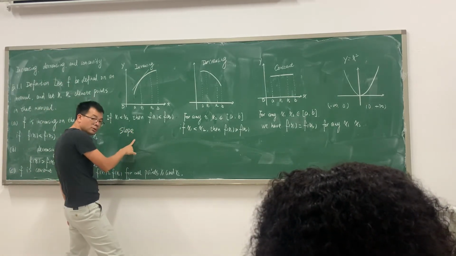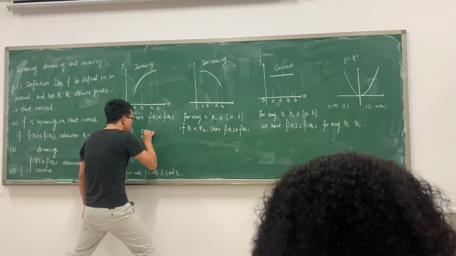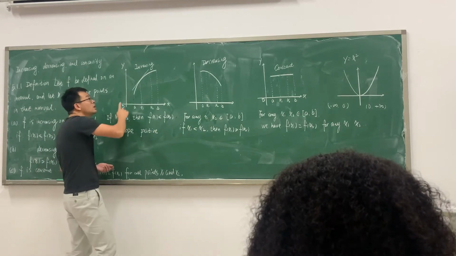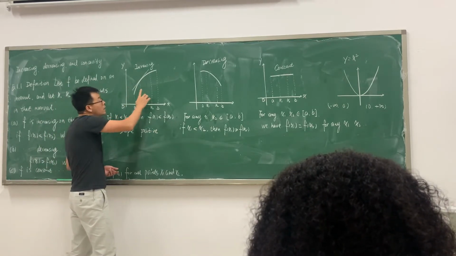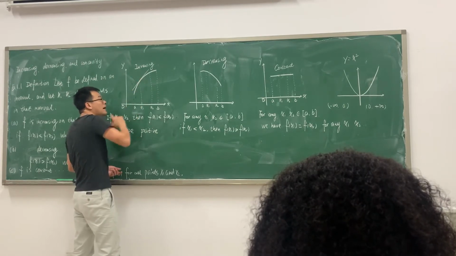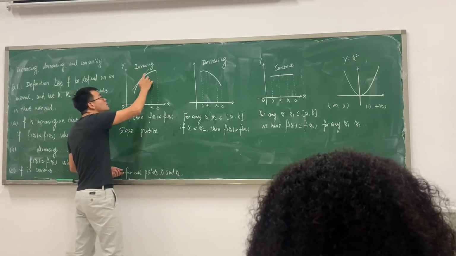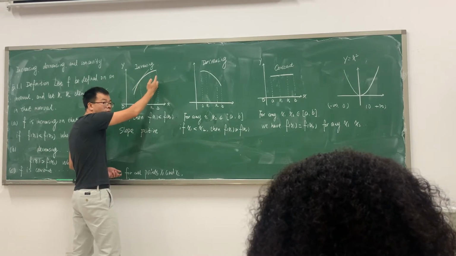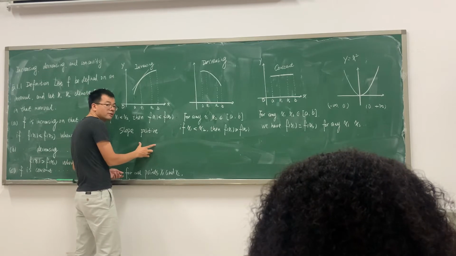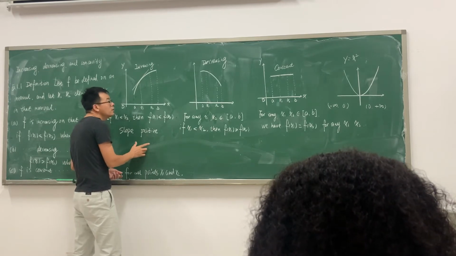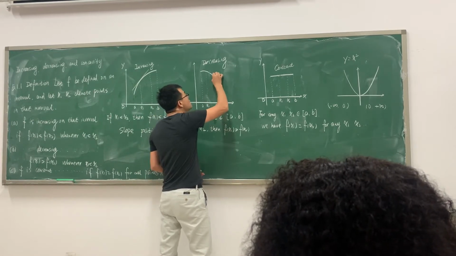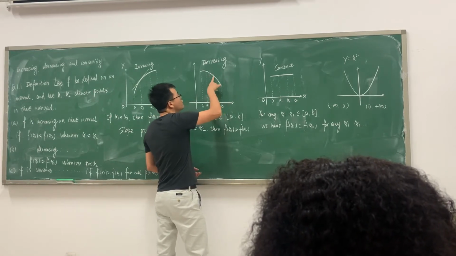The slope is positive, okay? Increasing, okay? Increasing, we can see at this point. At any point actually, at any point of the increasing graph, we can easily see that the slope is positive. The slope is positive. And now for the decreasing, we can see here, for any point, for example, for this